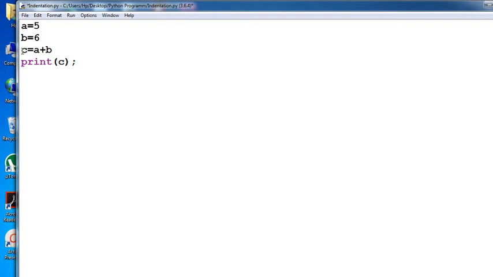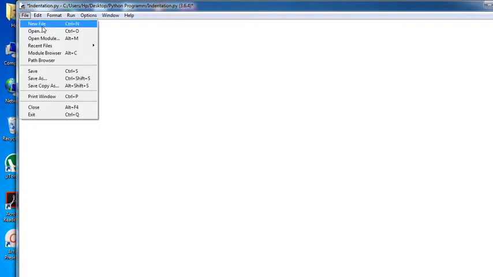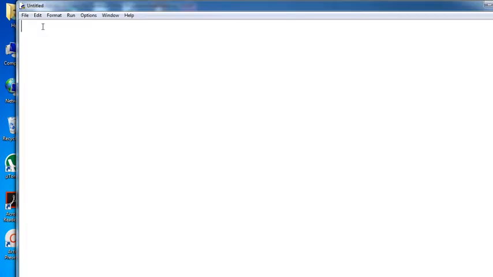Now we will see another program. Go to New File and type your program here. That is a equals 5 and b equals 6. In this example we will compare the two numbers, a equal to 5, b equal to 6.